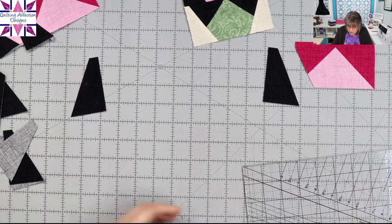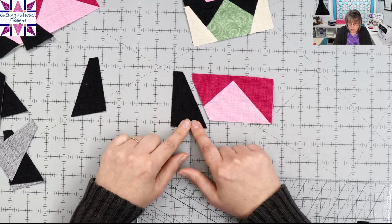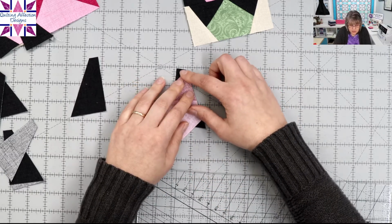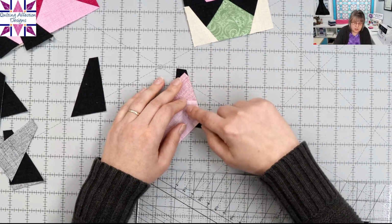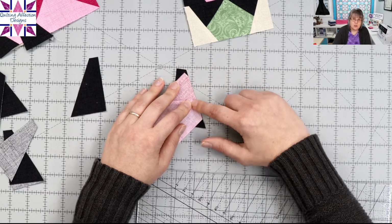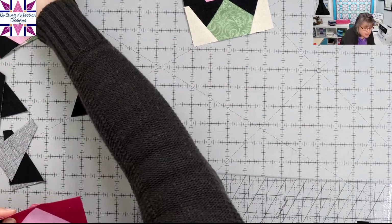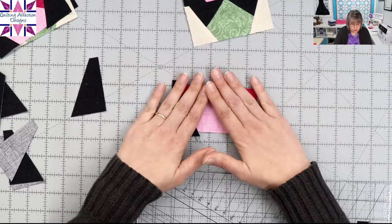So what we're going to do now is take this type 1 here, flip this over, and stitch a 1/4 inch seam allowance. Again, remember to keep your unit on top of the triangle so you can see the seams that you're sewing over with your pressing foot, and you can control them. 1/4 inch. Once you get that done, you're going to press the seams open again, and then it's time to